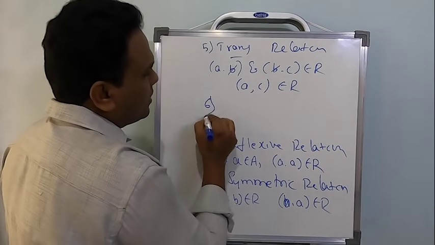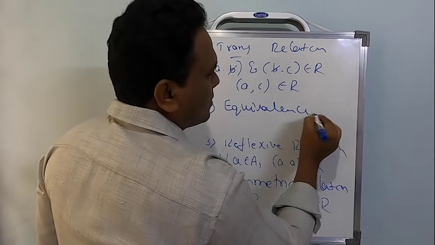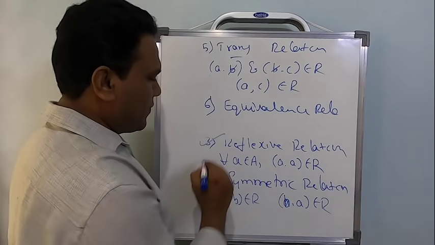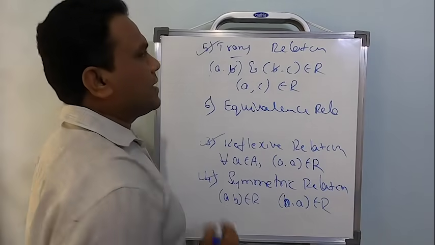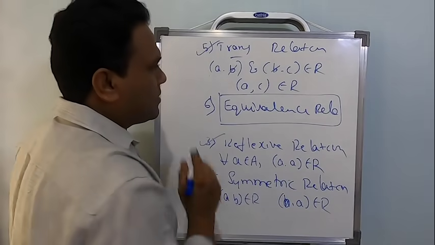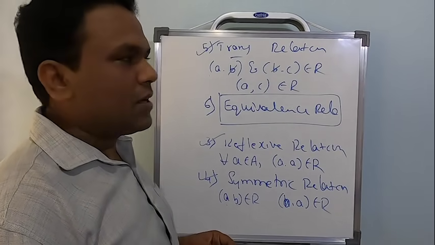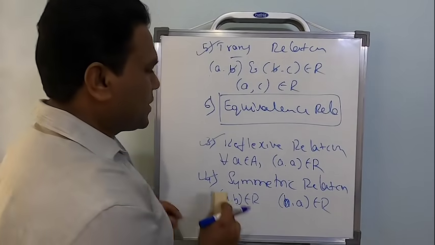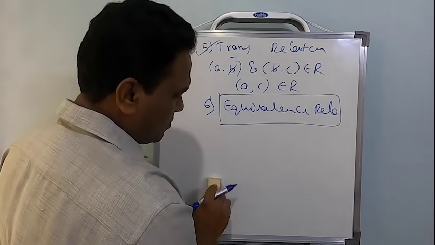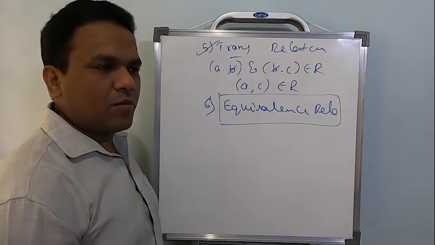Now the sixth one is called the equivalence relation. A relation which is reflexive, symmetric and transitive, all the three. In such a case, the relation we obtain will be called an equivalence relation. Apart from that, we studied something called the antisymmetric relation. For the board examination it's not at all needed, but for MCQs we need it, so remember that.